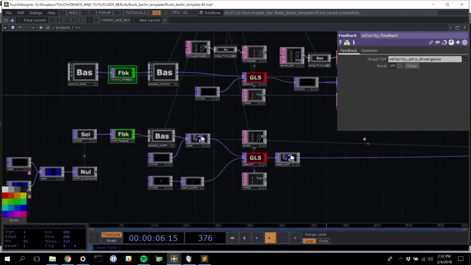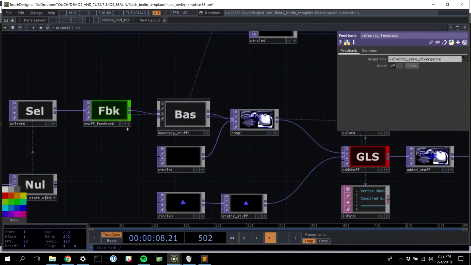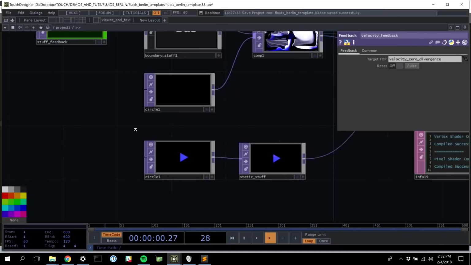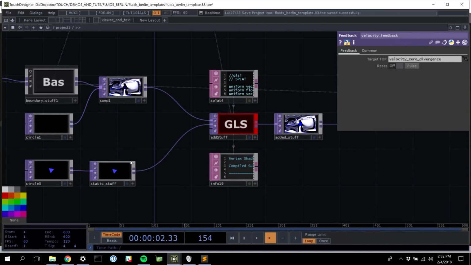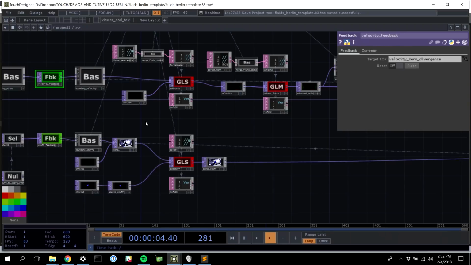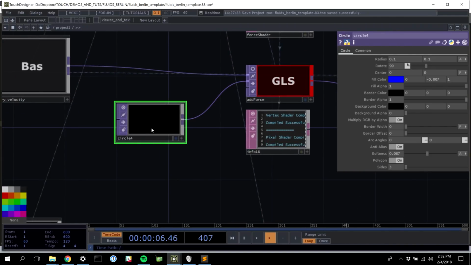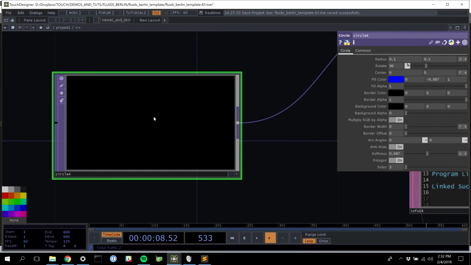So when I'm clicking and creating force, like just as a baseline, what's happening here is I'm adding in this rotating blue triangle of stuff, but also here, you can't see it, but I have this triangle. This is another triangle. You can see that the sides are set to 3, and if I change the color,